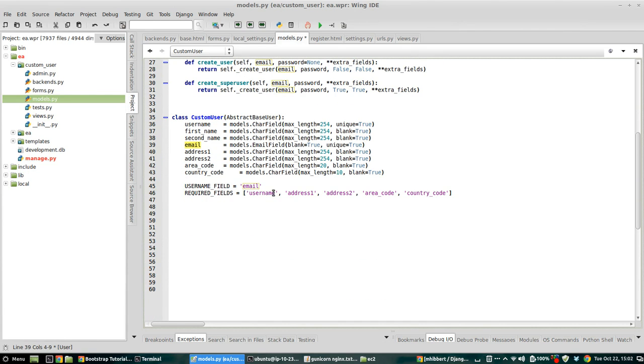Later on we're going to do the back end and show you how that email is actually checked, but it's enough to say that this basically points the Django framework in the right direction and says this is what needs to be added. Okay, then we have a list of required fields,